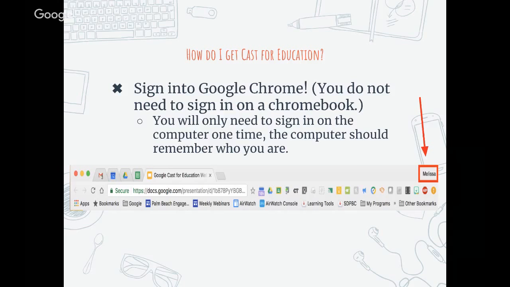So how do I get Cast for Education? Well, the first thing you need to do is sign into Google Chrome. To sign into Google Chrome, first of all, before I even say that, if you are on a Chromebook,